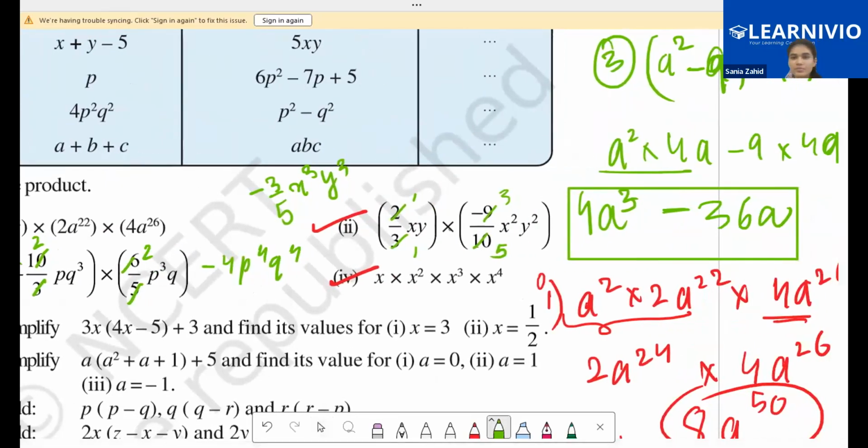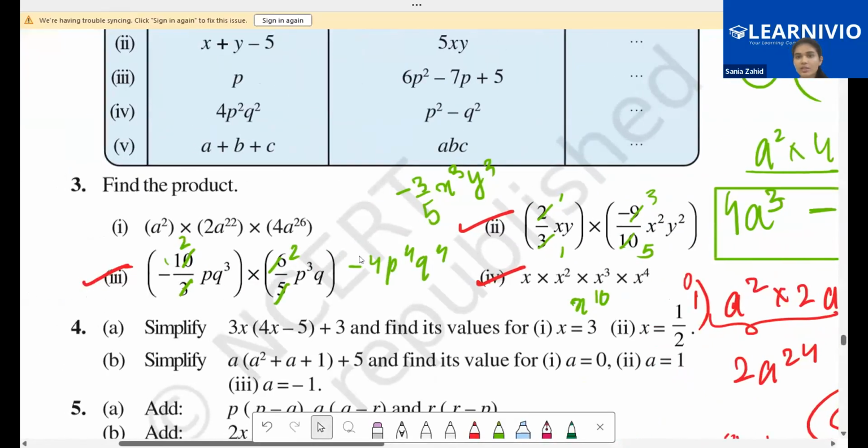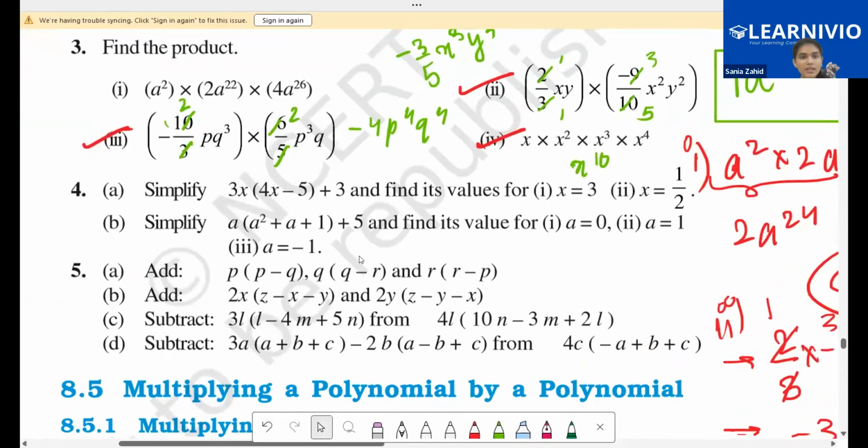Next, what we'll do over here? Duha, tell us. Ma'am, the answer is x to the power 10. Whenever we have the same variable with different powers, we are going to add the powers. Okay, same variable, different powers, we add the powers. Next,